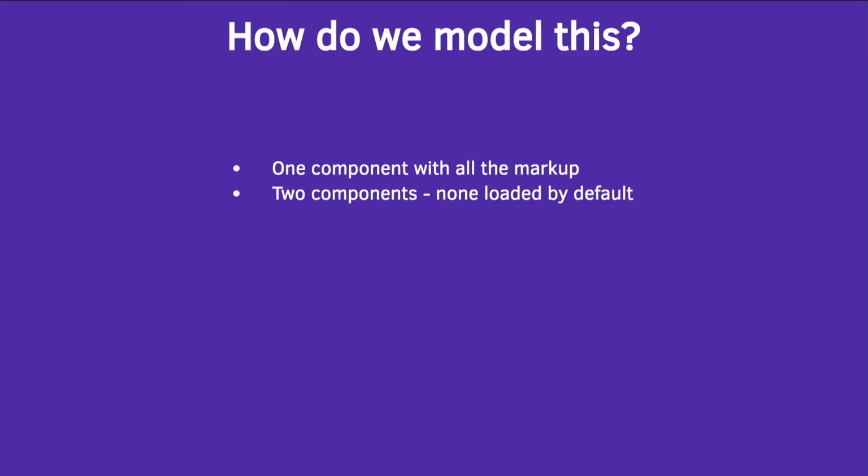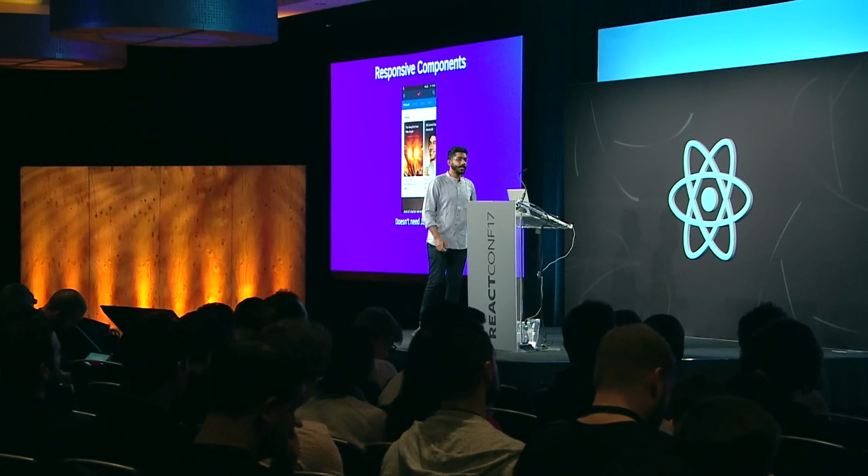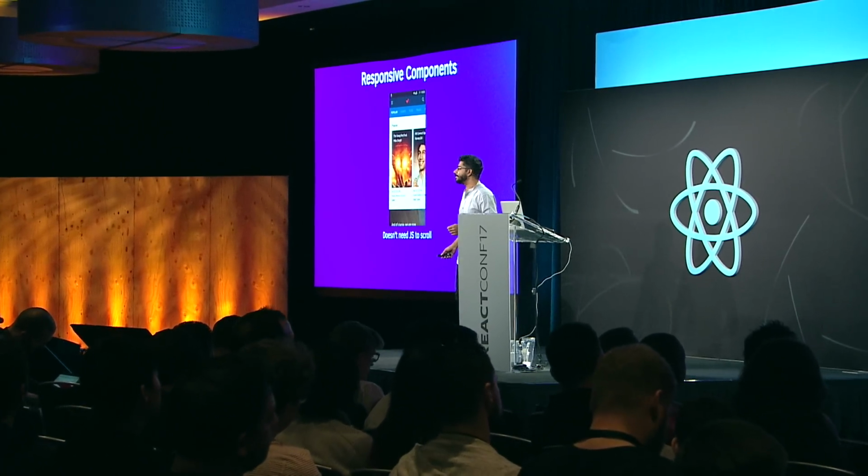Remember what we said. We want to figure out how to do mobile-first JavaScript. So what we do instead is we always load the mobile JavaScript, the mobile header, and gracefully upgrade to the desktop one. And how can we do this? Because we have lazy loading. This is as simple as loading a component that checks something on the client side and then lazy loads another component and displays that. That's it.